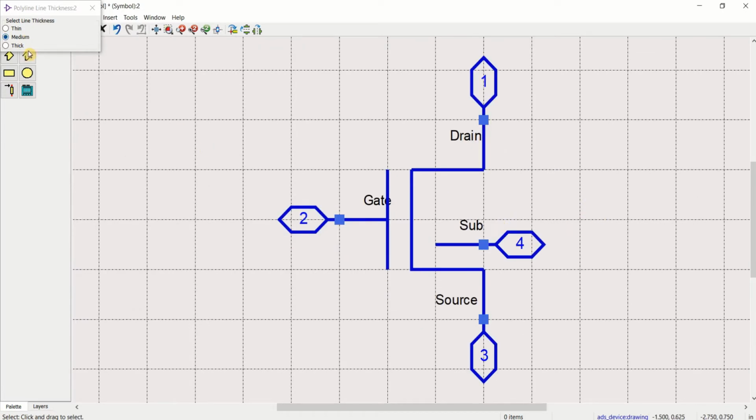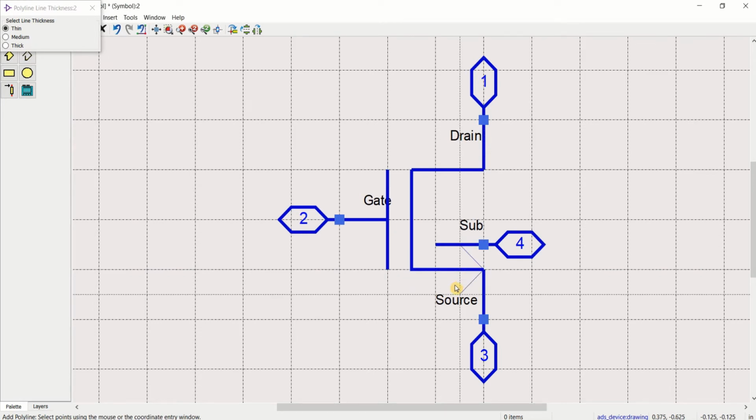If you want, you can create your own artwork. If you want to add some more things like arrows, you can do it here, like keeping the arrow for this. Since it is an NMOS, I'll use this.